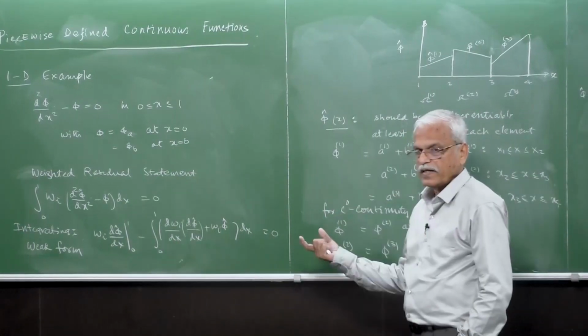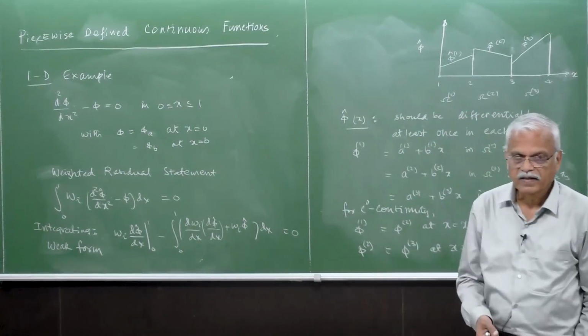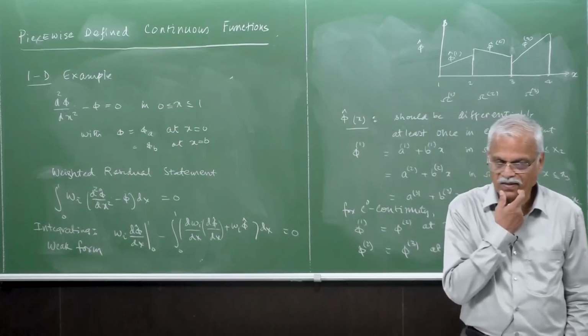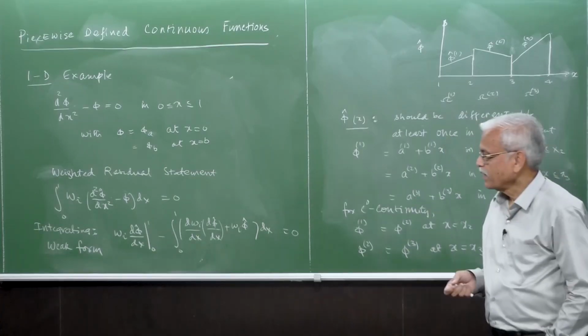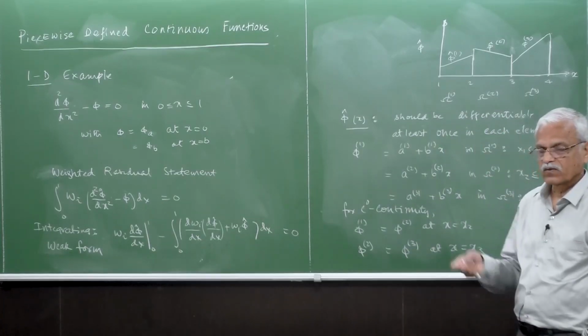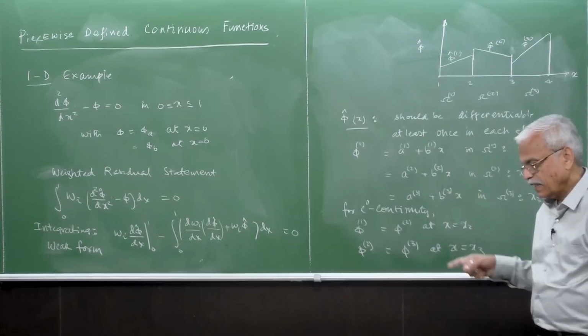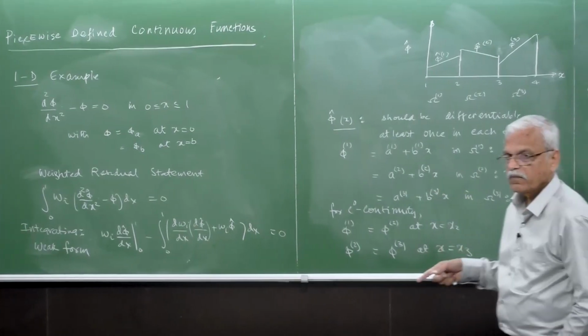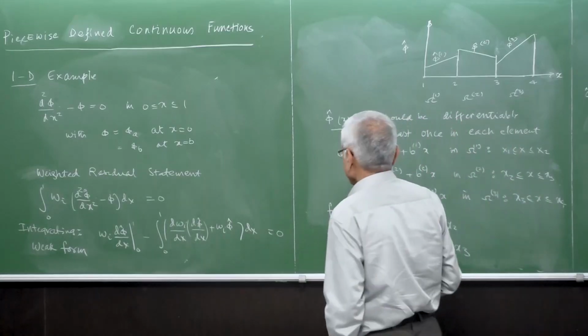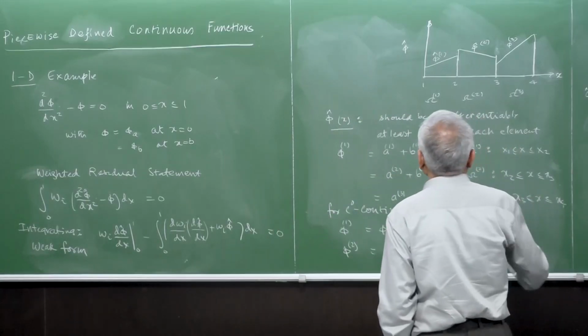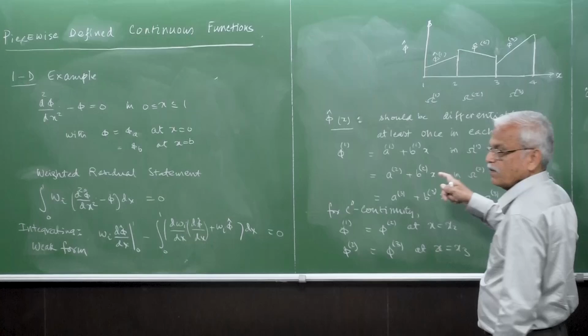So if d phi hat by dx has finite discontinuities, then we say that the phi hat is C0 continuous. So if phi hat is C0 continuous, then the derivative may have finite discontinuities. Okay, so according to that, so the simplest